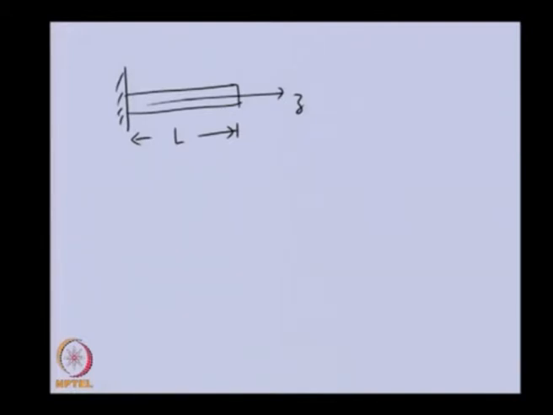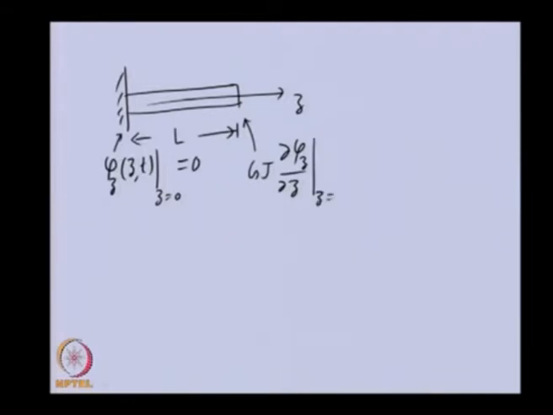In this particular case, at the fixed end the boundary condition is that the displacement, which is a function of time and Z, is 0 at Z equal to 0, at this fixed end. On the other hand, at the free end there is no torque, and we have represented torque earlier like this. So at Z equal to L, we have the condition that torque is 0 because this is a free end.